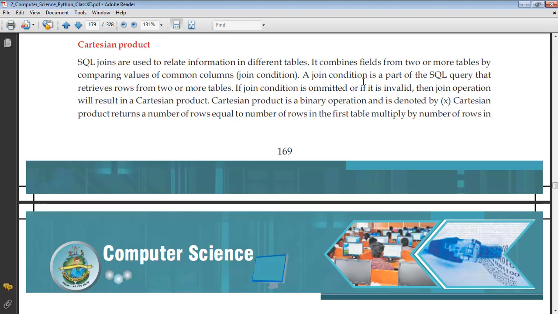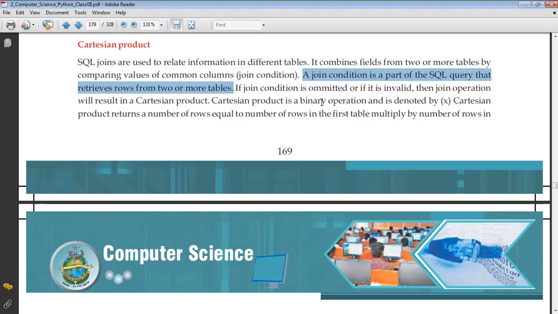A join condition is a part of a SQL query that retrieves rows from two or more tables. We have discussed this in class 11th as well. What is a join? And if the join condition is omitted or invalid, then